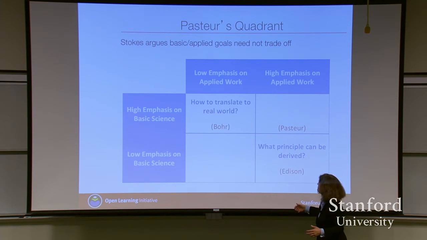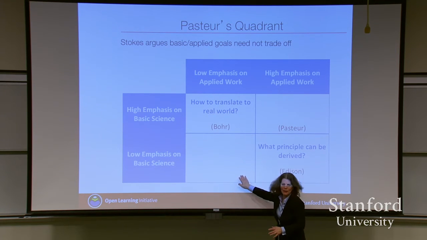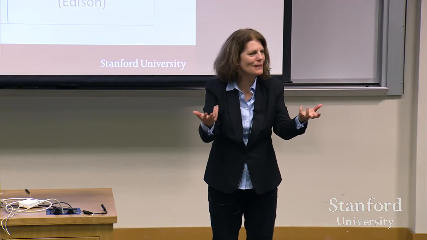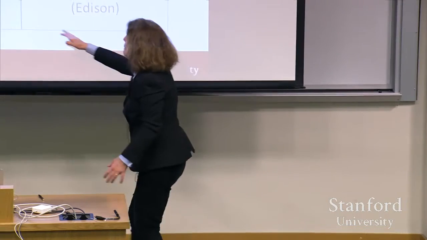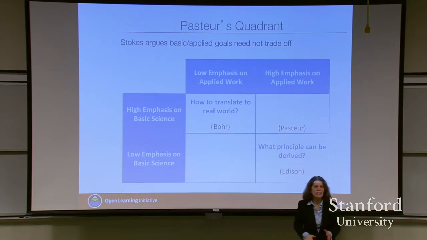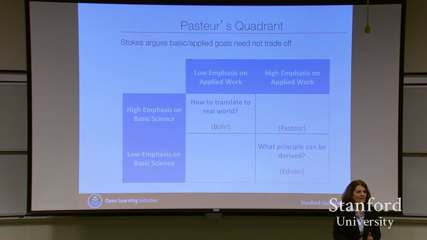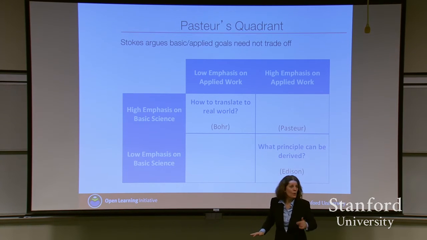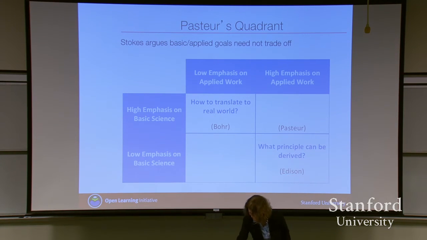And then there is this quadrant, which I didn't put a name on. Stokes did put a name on it. He called it Peterson's quadrant. Anybody know who Peterson was? He's the bird books, Peterson's Guide to North American Birds. No bird watchers in here. Anyway, it's low emphasis on basic science, low emphasis on applied work. It is essentially following the researcher's curiosity. I simply tell my students what NSF will not fund, so just stay out of that quadrant.